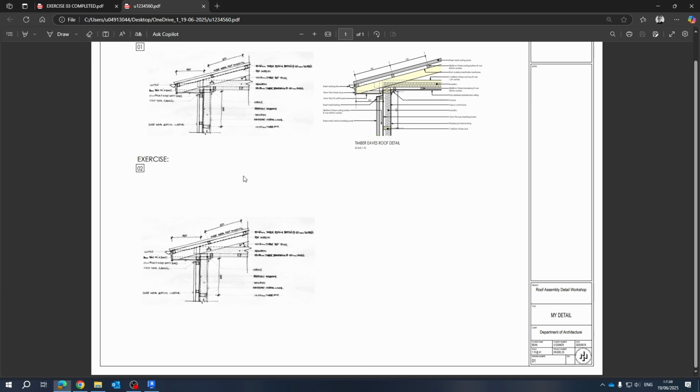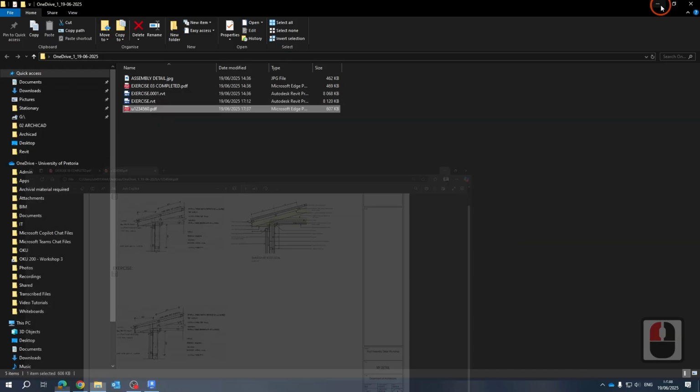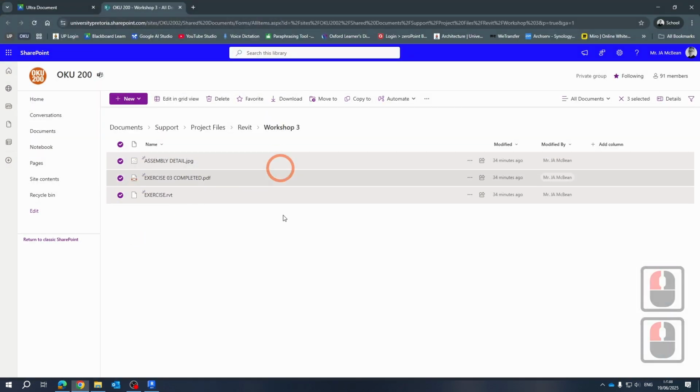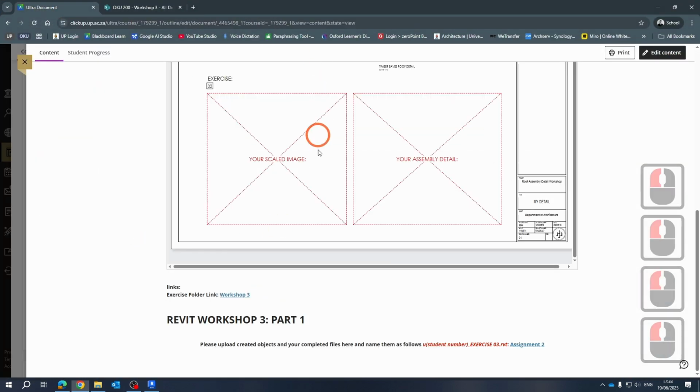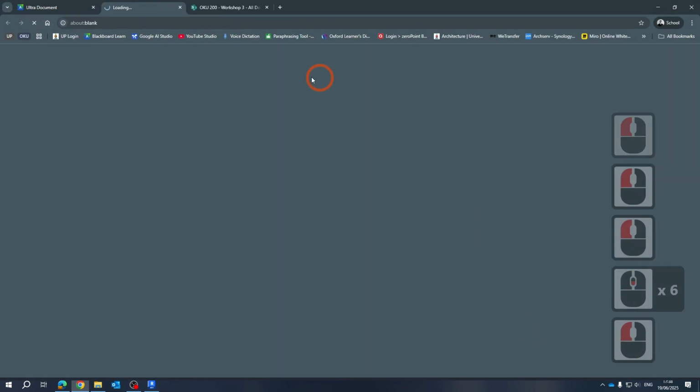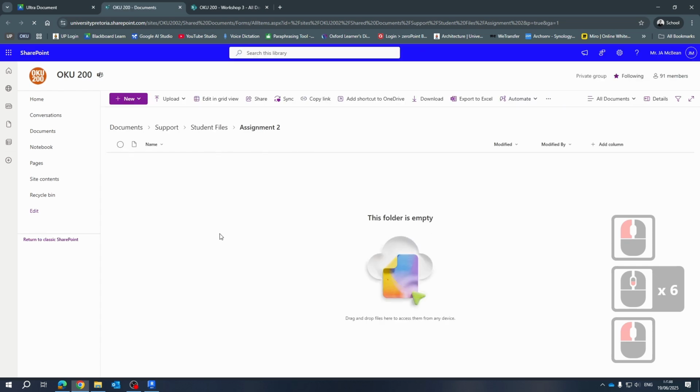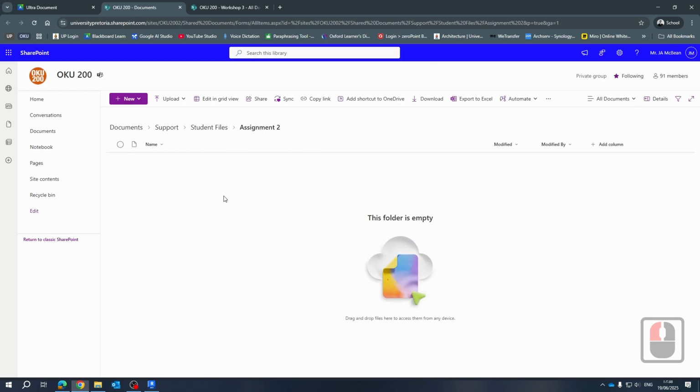So there's your PDF now. You're going to save this, upload this information. You'll see on ClickUp. So if you go back to ClickUp, you're going to upload all your information here. Okay, so I want your PDF file and I want your Revit file. In addition,